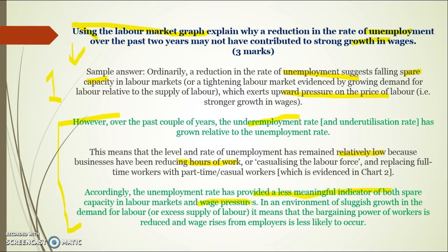It's not as useful in stating the level of spare capacity because there's still more spare capacity in the economy than the unemployment rate looks like. This means, because wages have gone down, workers have limited bargaining power. Because there's so many of them working fewer hours, they can easily be sacked still. The easier you are to sack, the less bargaining power you have to raise your wage. Not necessarily sack, but businesses can refuse to give them wage rises and they can resign. They have less power in that case. Sometimes it's hard to sack workers, but it's easier not to give them a pay rise in this context.